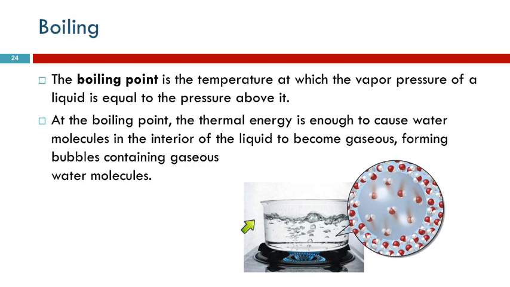So when the vapor pressure has increased to a point where it's equal to the pressure above, then we start to get evaporation occurring within the body of the liquid. We see these bubbles form. The bubbles are the gas state of the water. And then because those are less dense, they will rise quickly to the surface, and those gas molecules will escape. So at the boiling point, we've got enough thermal energy that we're forming bubbles inside the liquid instead of just on the outside.